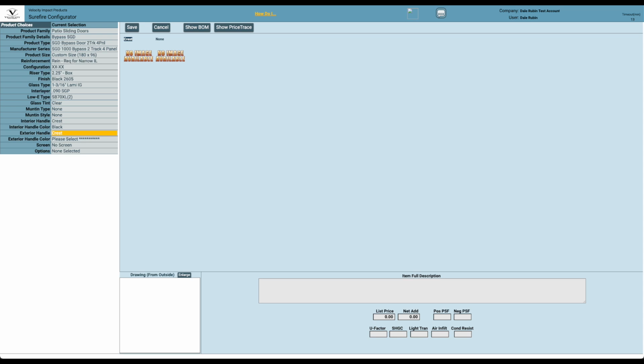Check and make sure that you are selecting the exterior handle. If you know the configuration should have one, please note, center meet doors with fixed outside panels will not have exterior handles, as they have butt-style astragals. For this door, I will select the crest handle to match the interior,